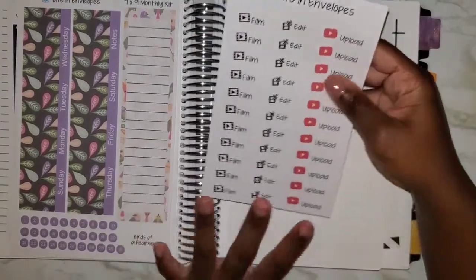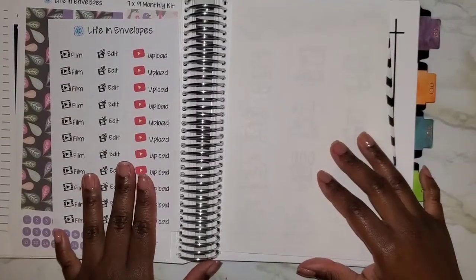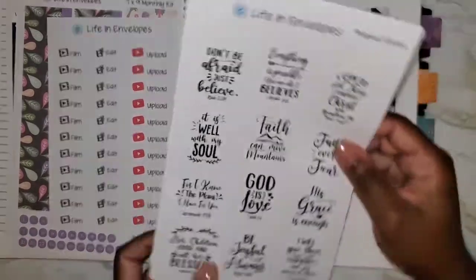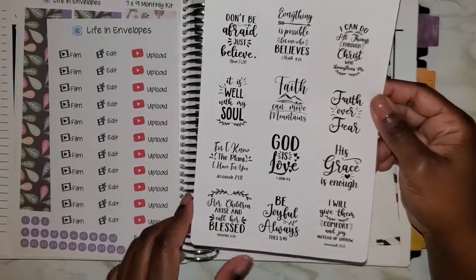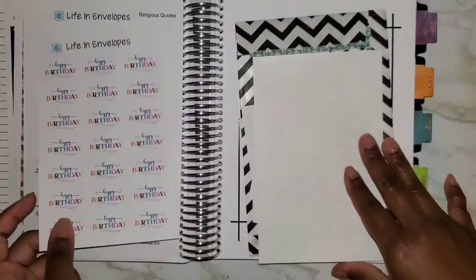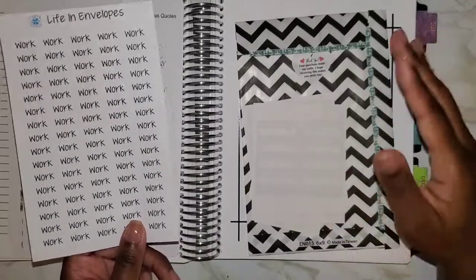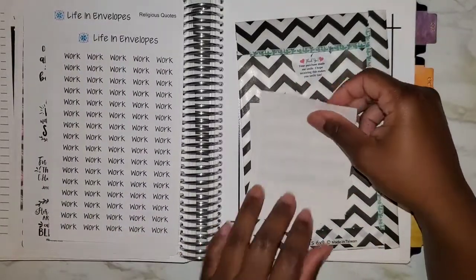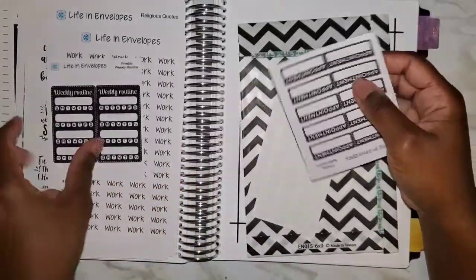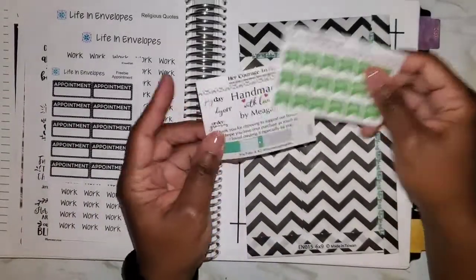I also picked up some film, edit and upload scripts. Now, there was an issue with this order, but it is being rectified. Thank you, Jennifer. And now she has these religious quotes as well, so I picked up some more of these. And I picked up happy birthday stickers and work stickers, so I'm going to try to make it less writing for myself when I do my weekly setup. And then the freebies we got were the weekly routine and the appointments, and then from Megan these payday stickers,